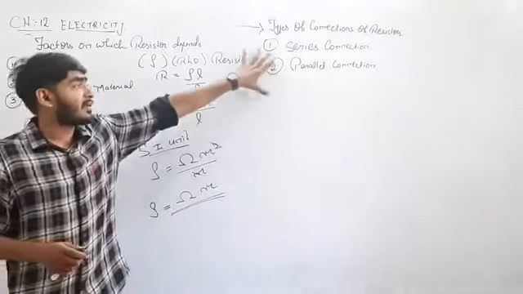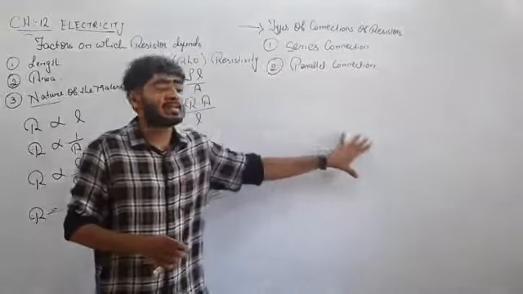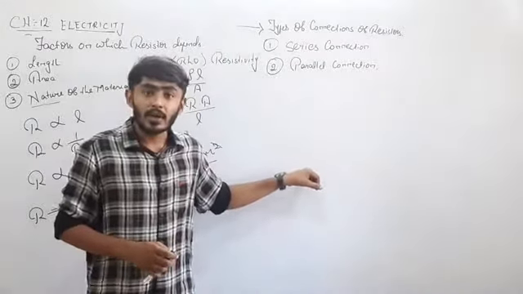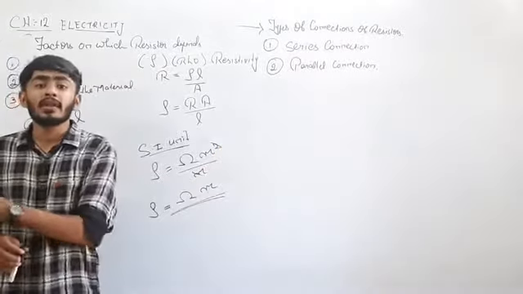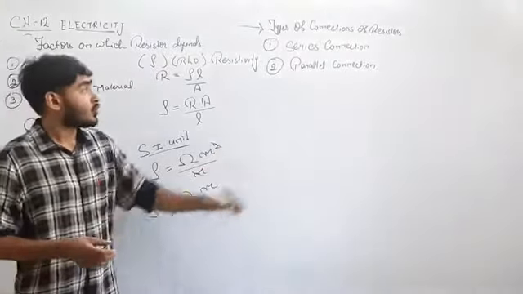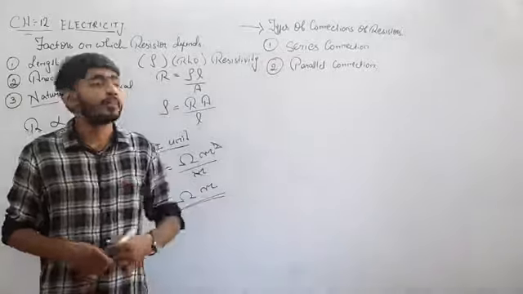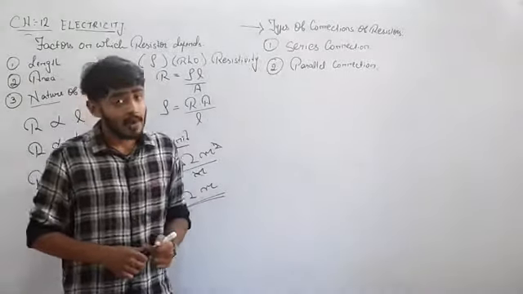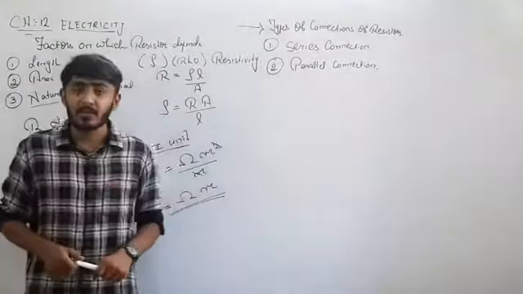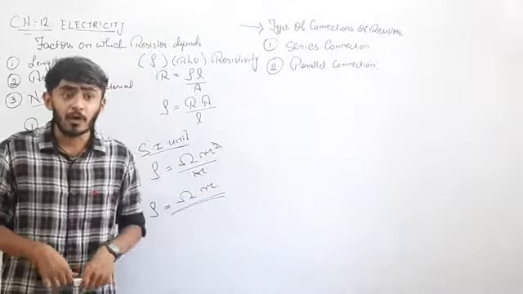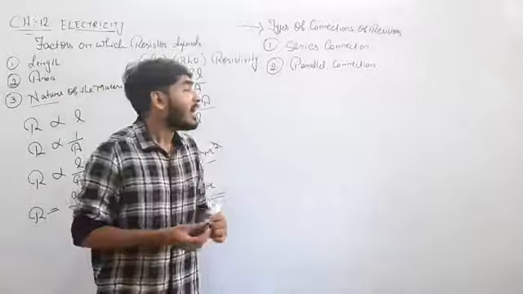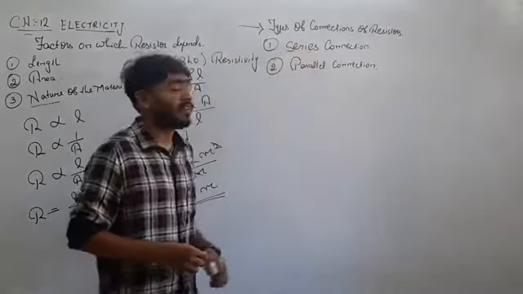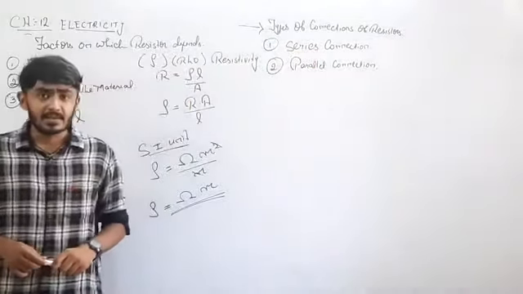The main disadvantage is that if anything is connected in series and one thing in between gets broken down, after that all the things will stop working. So that is not as useful as a parallel connection. But I hope you are clear with the series connection. Series connection means many electrical appliances arranged together on only one switch. It is known as series connection.